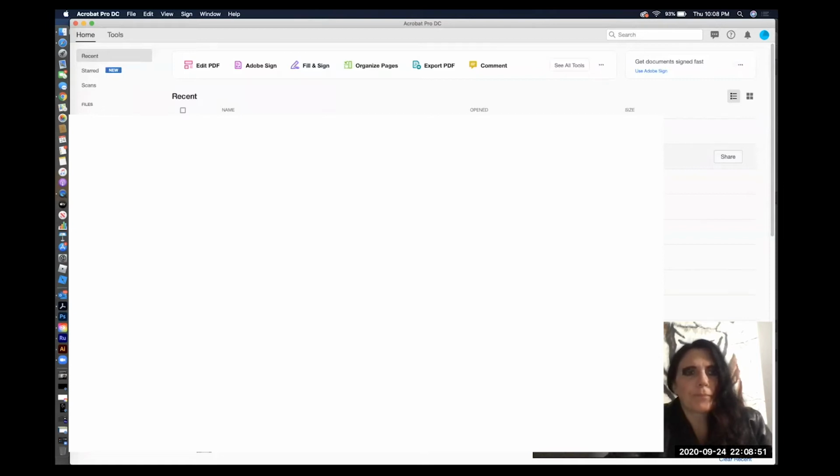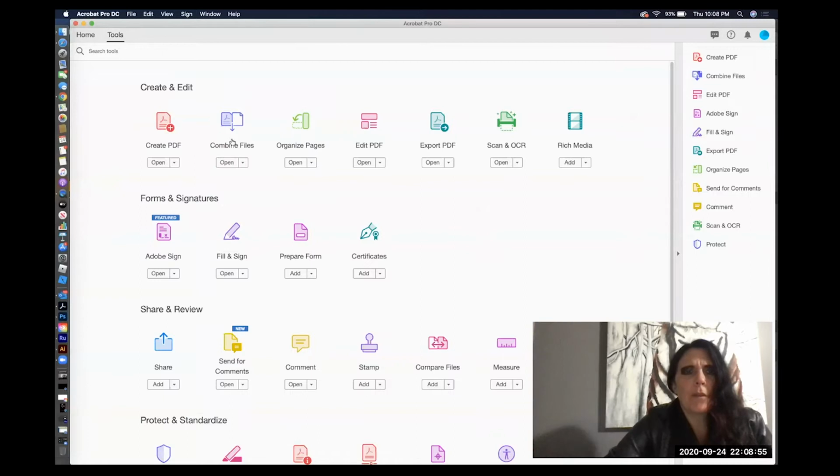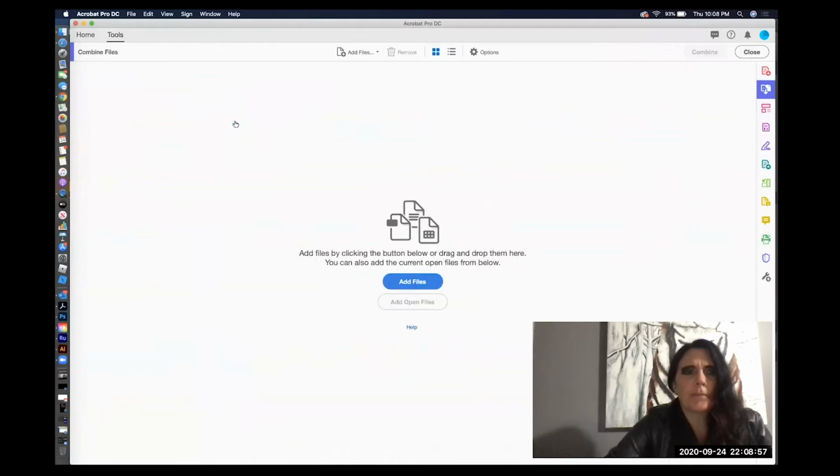Anyway, I want you to hit tools from home, okay? And from there, you're gonna hit combine files, and you're gonna hit add files. You could drag and drop all your files in, or you can find them all. So this is up to you. I'm gonna hit add files,